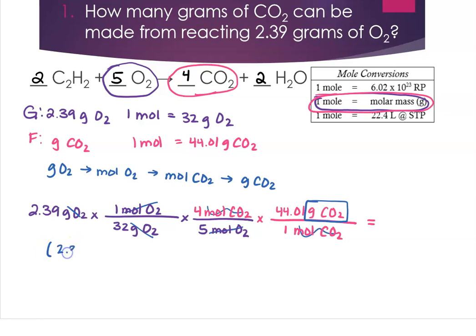So this is going to be 2.39 times 4 times 44.01 over 32 times 5. You'll notice that I put everything here in parentheses. If you don't put it in parentheses in your calculator, then you will not get the correct answer. So you have to do parentheses for everything on top and then parentheses for everything on the bottom. So when we do this math, we get